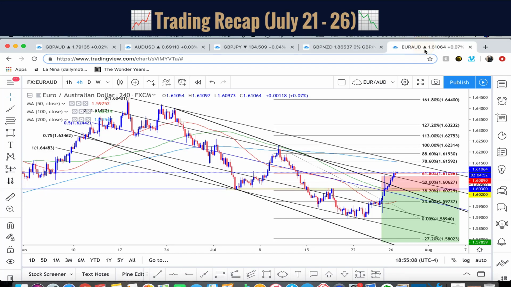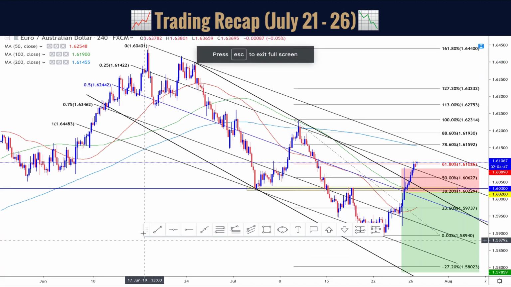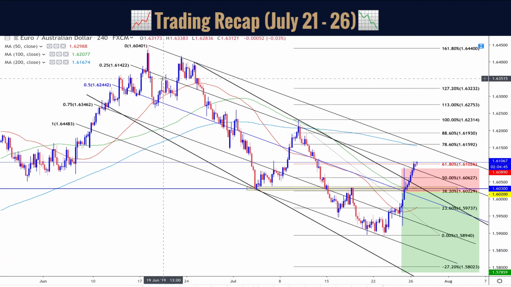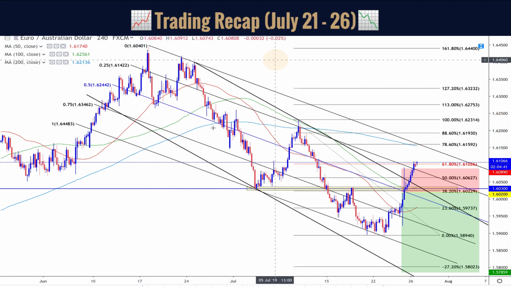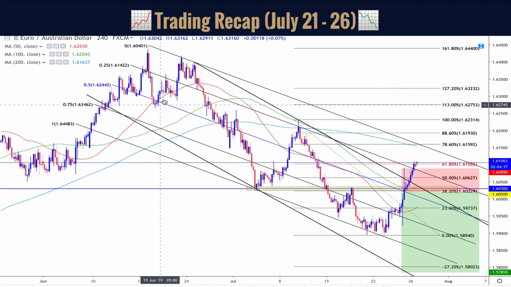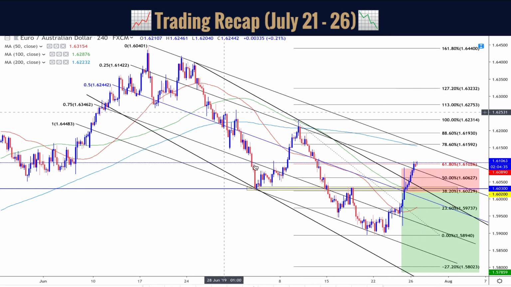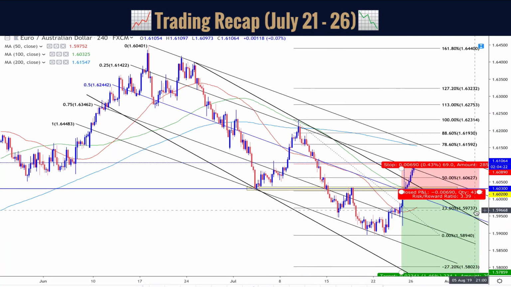And the last one on EURAUD, what happened? We had this descending channel right here, plus another channel that you can see right here, this one and this one. So price was clearly in a downtrend, and you can see the pullback, the impulsion, pullback, impulsion, pullback, clear pullback right here, and then impulsion. So from the last high to the last low right here, we were expecting price to come to this key level again at